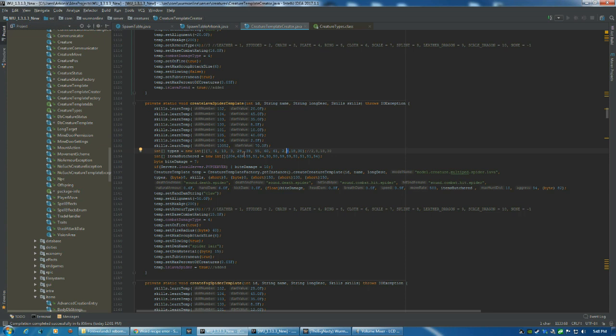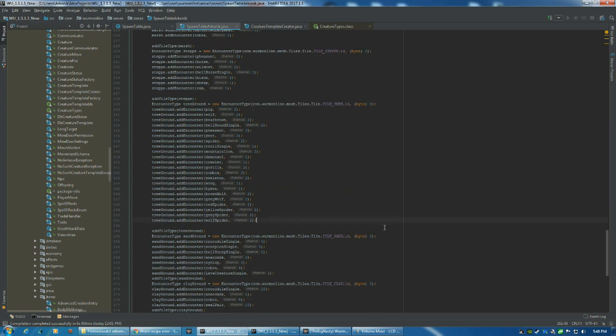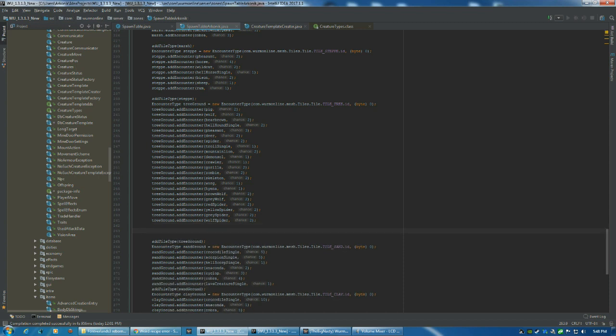But let's just say maybe you want gorillas to be around the map but not all over the map, so you tell them to just spawn on sand tiles, or tell them to spawn on tar tiles. So anywhere there's a tar tile, you might find gorillas. Or if peat, or maybe you want gorillas to spawn in the moss. So you create the moss tile, because the moss tile is not in here. Then you tell them to spawn on moss, which would be nothing different than just coming in here somewhere and saying